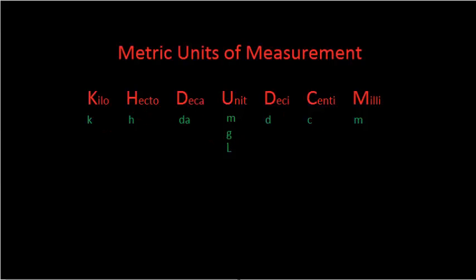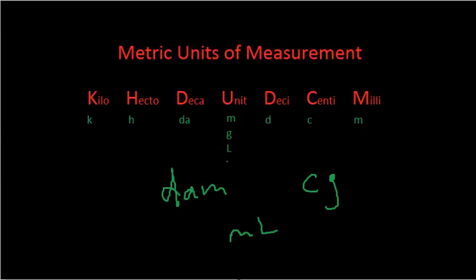Our units: meters is an M, grams is a G, liters is an L. So if I have meters, I just have my M. But if I have decameters, that's D-A-M. If I have centigrams, that's C-G. If I have milliliters, that's an M-L. So anytime I'm creating my unit of measurement, I take my prefix and then follow it up with the unit